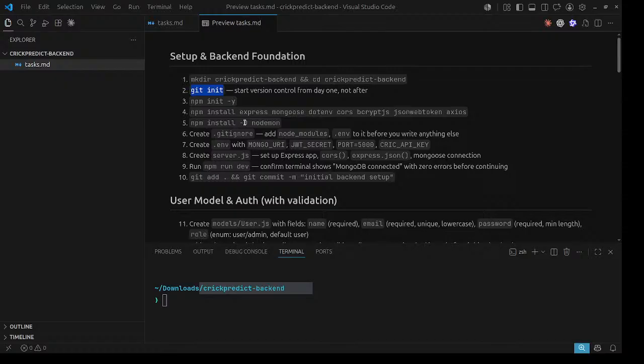I'm doing this in public so that I have responsibility. When we build something in public, then we remain responsible. People criticize you, people judge you, people motivate you. It's going to be discipline. Discipline is more important than anything else. So the next task we have to do is git init.